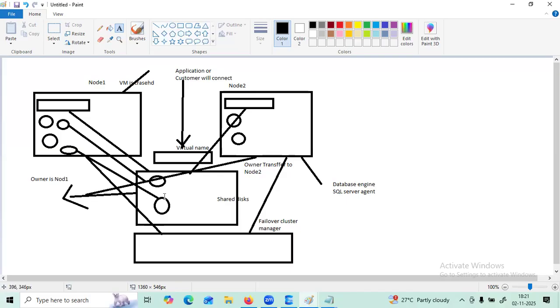Then our storage won't move, right? So that is the reason our clustering is not providing disaster recovery, but it is providing high availability if something goes wrong with the VM. Disaster recovery means if something goes wrong in the data centers, something like